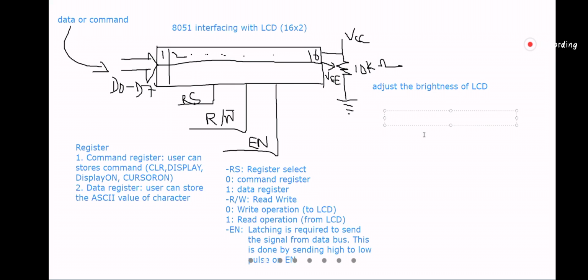First one, select data or command register. Second is place data or command on data bus. Third one is select read or write operation.